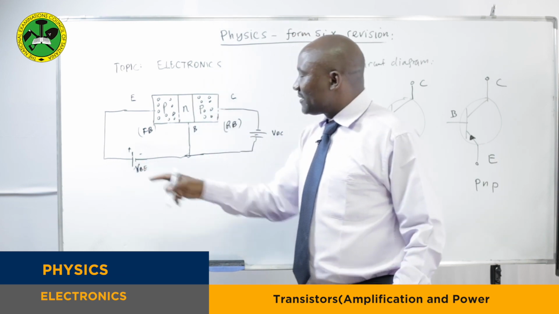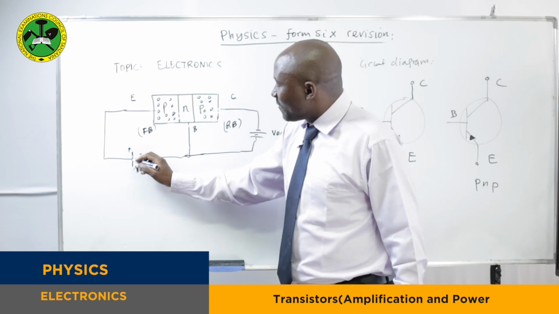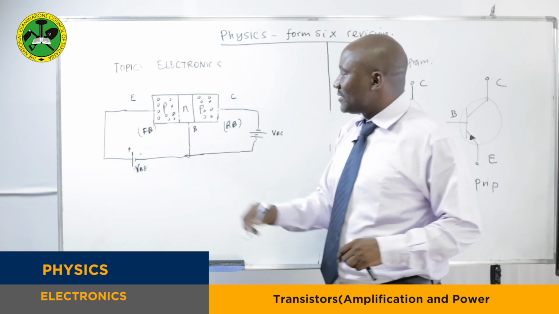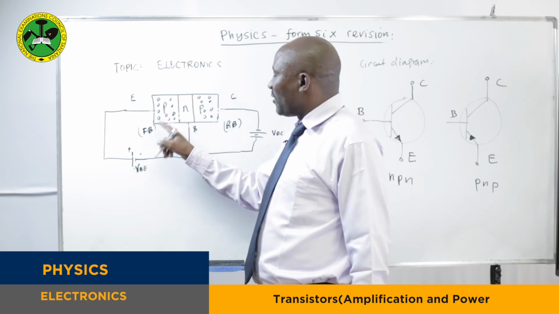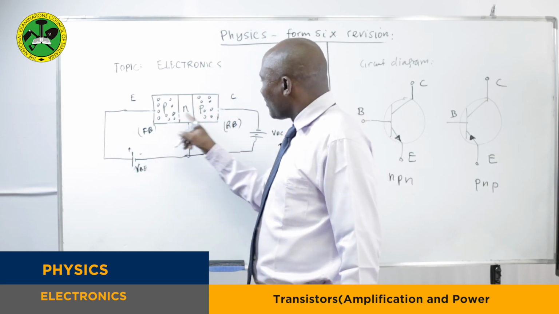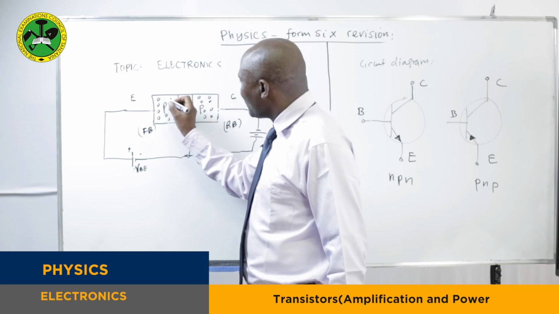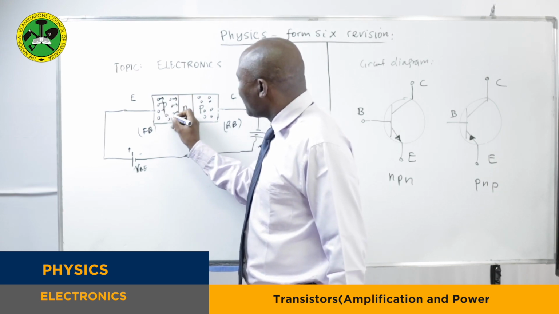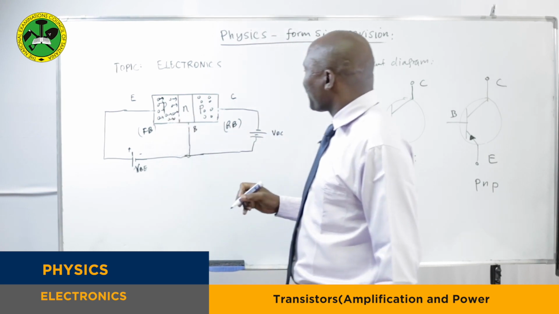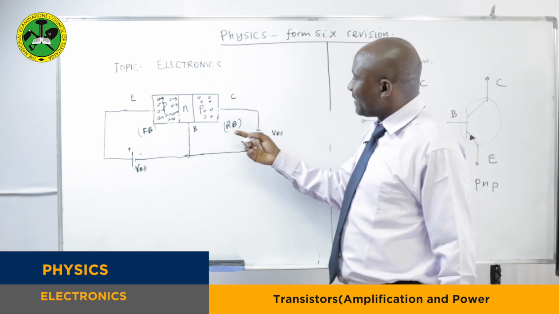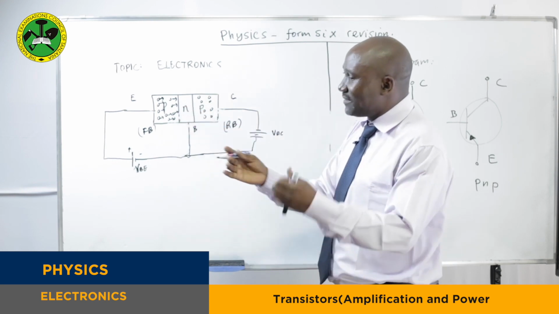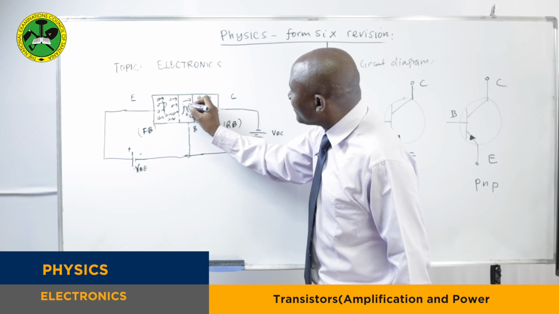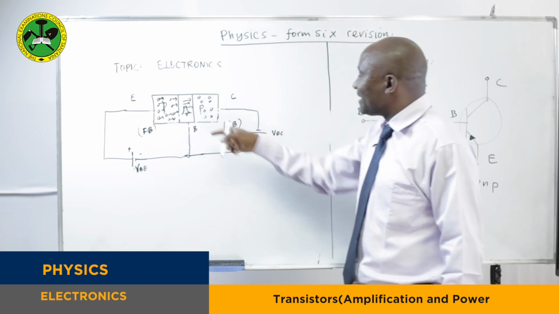So when you connect to the power supply, this positive here, because we know it's positive and this is P, we have a repulsion. So most of the electrons, all of the holes, will be pushed across the base. So there is a movement of the holes like that. So the holes will be forced to move like that. As a result, on the other side, very few will be combining here because the base is thin. Very few will be combining here, and most of them will be forced to cross that junction,